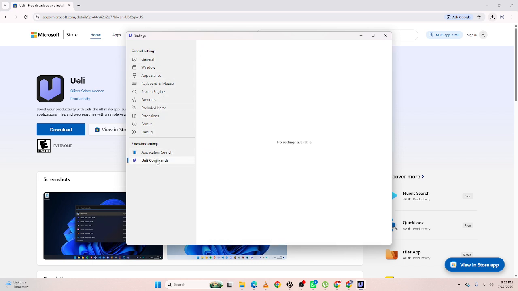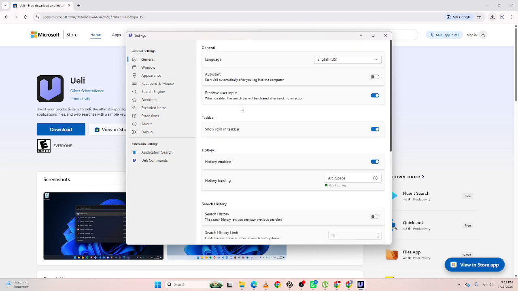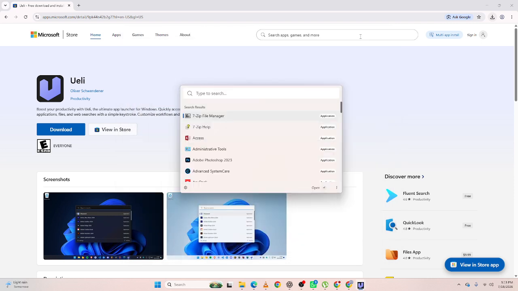Use specific file names or keywords whenever possible to narrow your search results. Shorter, more precise searches usually help you find files even faster, and that's how to search files with ueli. By using a simple keyboard shortcut and the built-in search feature, you can locate and open files much faster than